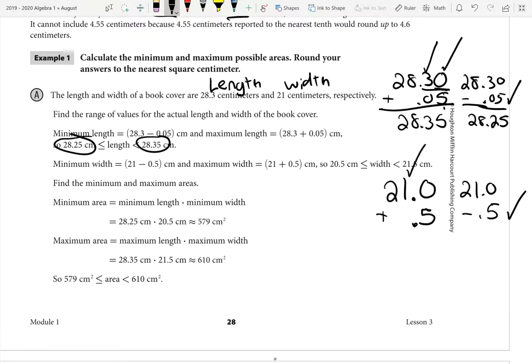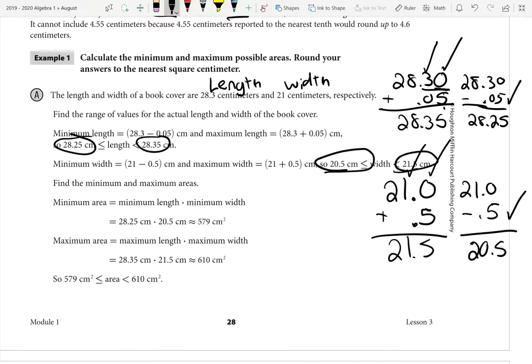Whereas this one went to the ones place, so we'd have to go to the tenths place to add or subtract, because we always just go one unit further down the line. All right, I'll do a couple other examples as well to make this a little bit more clear. But anyway, when you add the 5 and subtract the 5, you have 21.5 and you have 20.5 as your